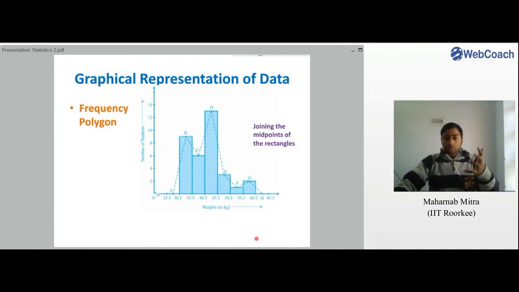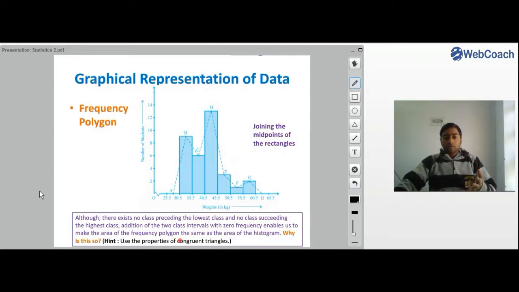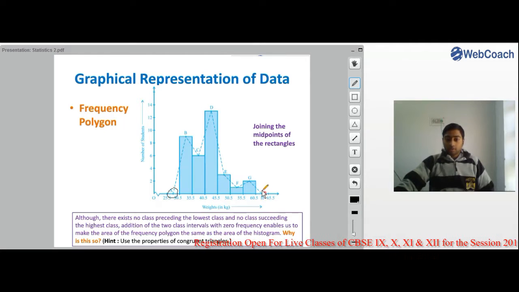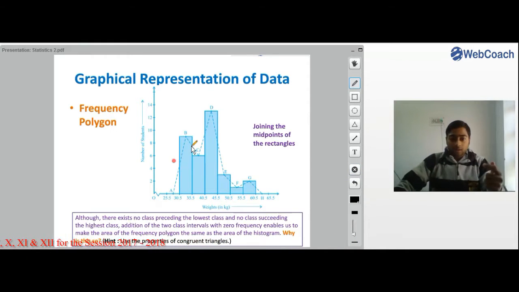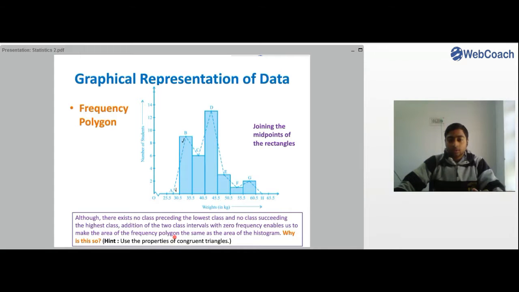So we were talking about the frequency polygon, which was drawn by joining the midpoints of the rectangles, right? And we had asked you why the area of the polygon is equal to the histogram. Why is this so, and why are we taking these two extra points where we have zero frequency or no data at all? So let us look at the figure closely. If we consider this triangle and this triangle,